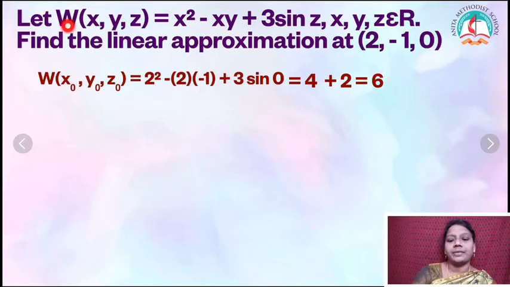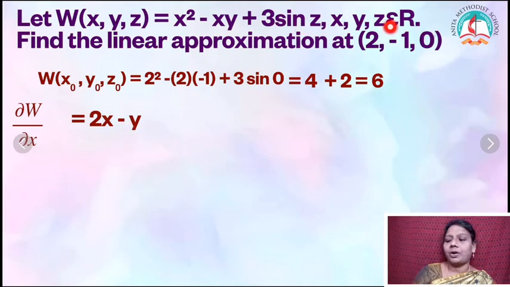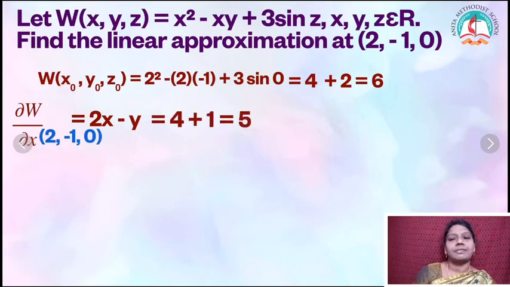Next what I have to do? I have to differentiate with respect to x. So here I have x, it becomes 2x. Here I have x, it becomes 1. Here there is no x. Therefore what is the differentiation? Yes, it will be equal to 0. So therefore dou w by dou x is equal to 2x minus y alone. There is no z, it becomes 0. Now I am going to substitute the point in this. If I am substituting the point, then I am getting the result equal to 5.